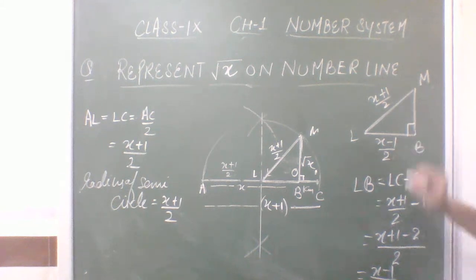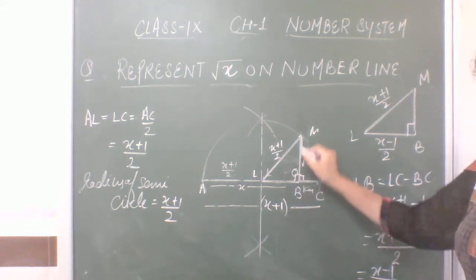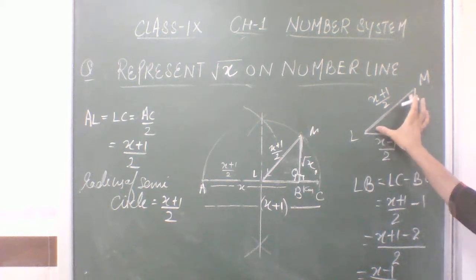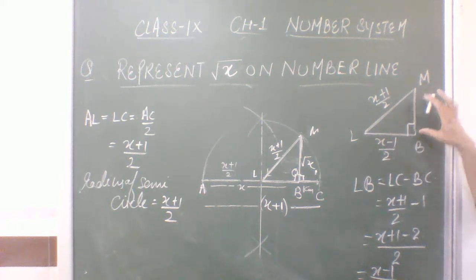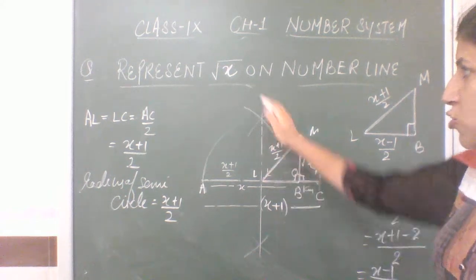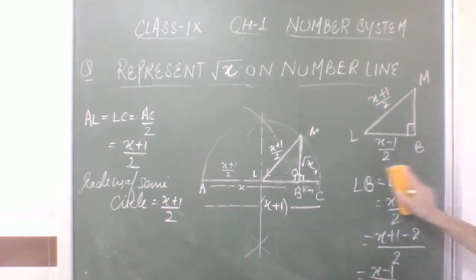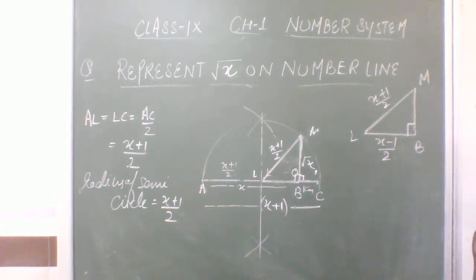In this right angle triangle, हमने perpendicular solve किया था ना. This is our hypotenuse and this is our base. We have to find out our perpendicular BM. तो एक बार करके देखते हैं कि हमारे पास root x आता है कि नहीं आता है. तो चलिए स्टार्ट करते हैं इसका. How we can prove it?